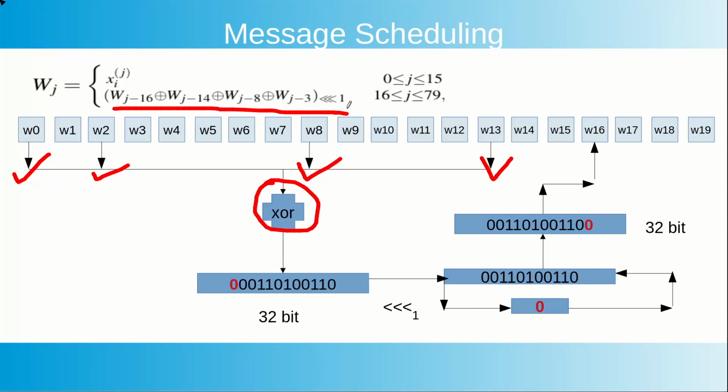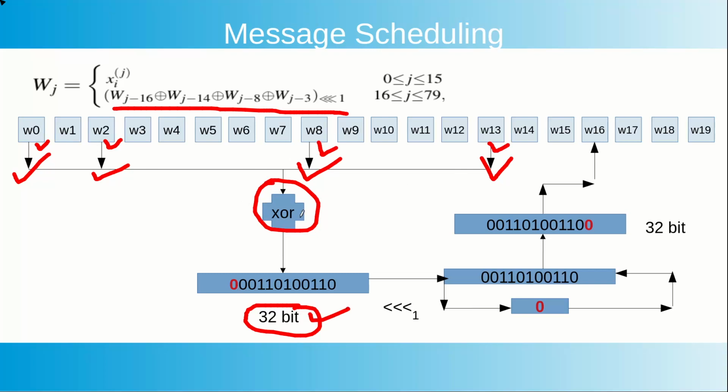And there is something called bit rotation. It is a rotation by 1. So what is a rotation by 1? Suppose this is the final output of the XOR and it is a 32-bit word. It is going to be 32 bits because this word is 32 bit, this word is 32 bit, this word is 32 bit, this word is 32 bit, and we take the XOR of them. So the result is going to be 32 bits.